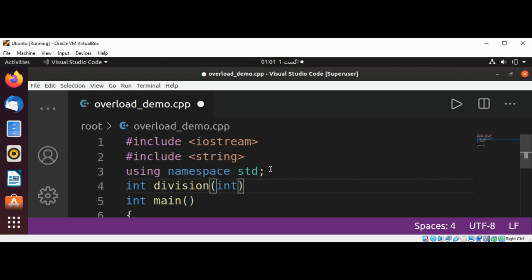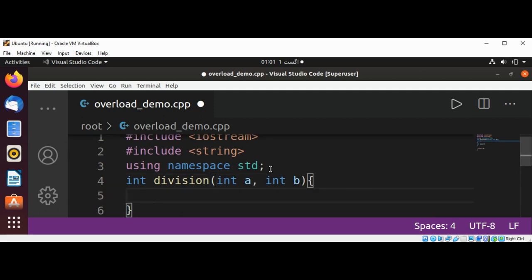int a, int b, and in this function we are just going to divide a by b and return the result. Return a divided by b,